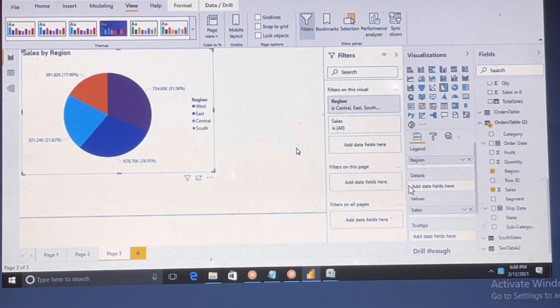In Power BI service, we'll create different pages and see how we will add one page into the same page, how we will get page 2 into page 1. How we will create the total report, and how we will publish it, and all those things we will talk about.